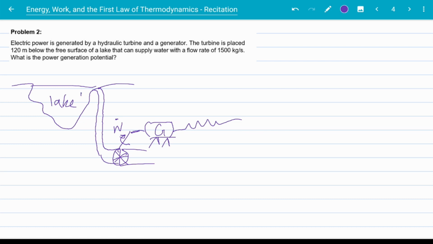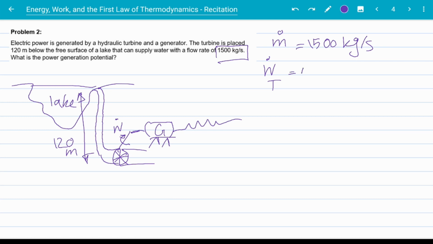Okay, so again, the distance between the turbine and the free surface of the lake is 120 meters. The mass flow rate is directly given, 1500 kilograms per second. We now know that the power that the turbine produces is equal to the mechanical energy of the fluid, which is m dot times kinetic energy plus potential energy